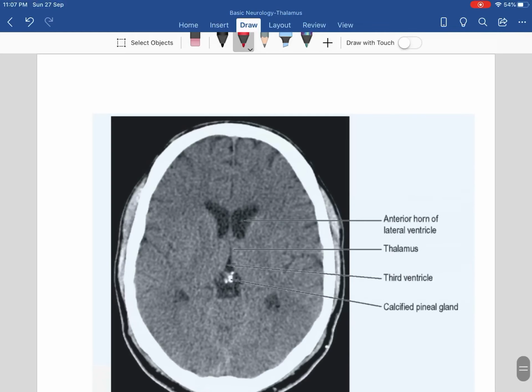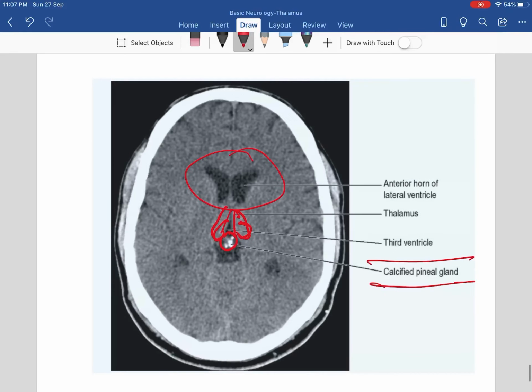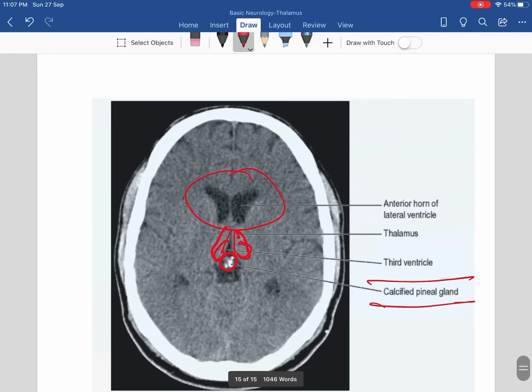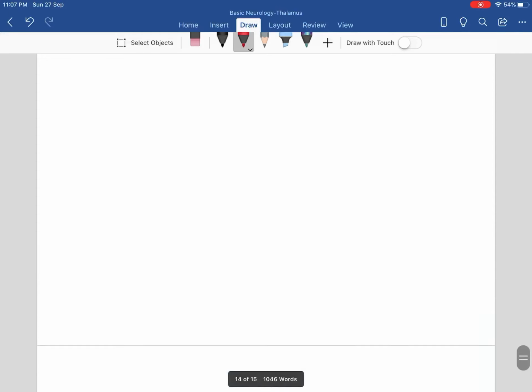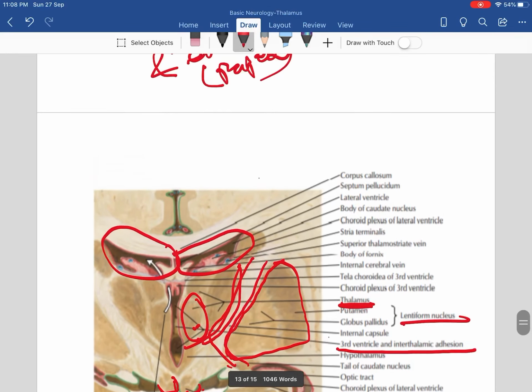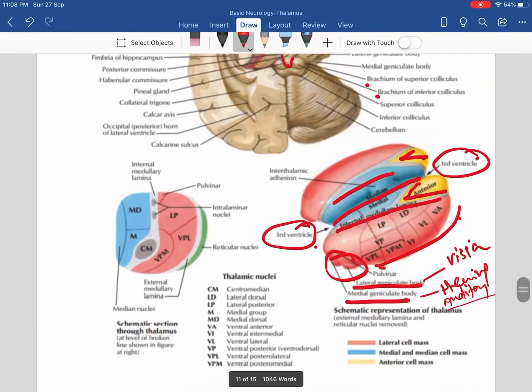Again the same, another MRI. So lateral ventricles opening into the third one. Here where should be your thalamus. Okay, और उसके पीछे ऐसा होगा thalamus, उसके पीछे ये calcified pineal gland इसमें दिखाई हुई है. Okay, so in the MRI also you will be able to localize the structures if you know the correct detailed anatomy of the brain.